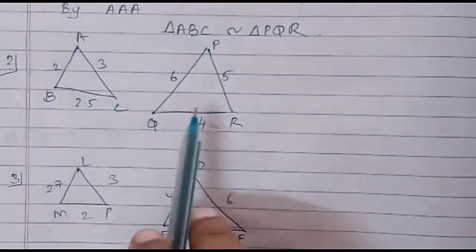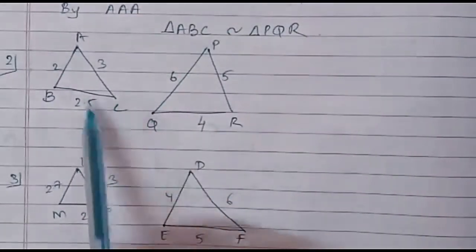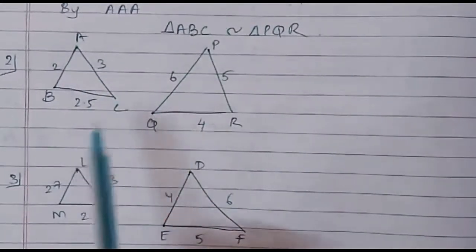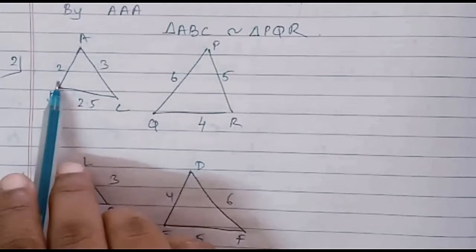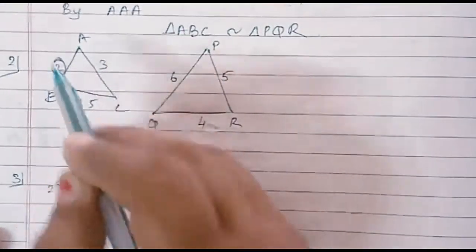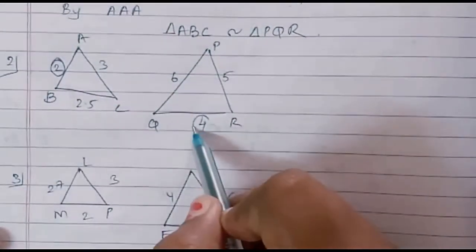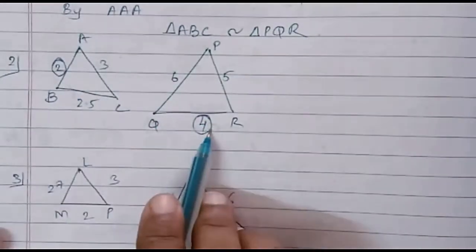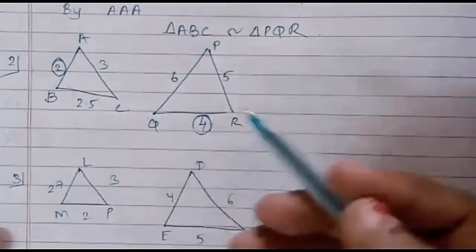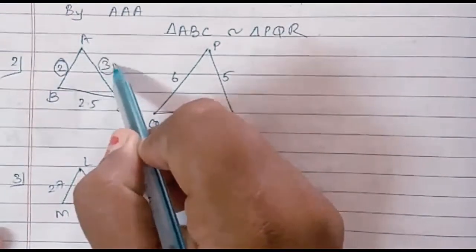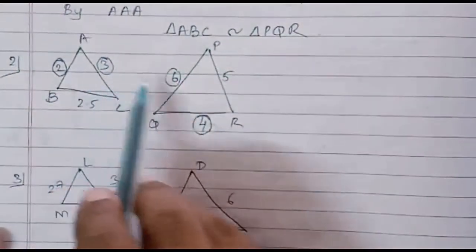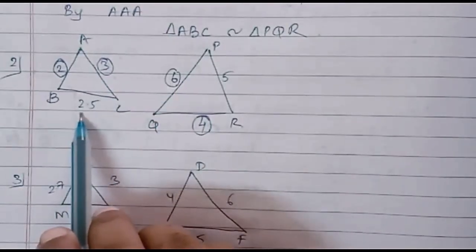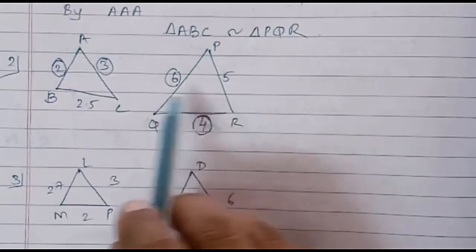We are being given triangle ABC and triangle PQR. Now here in place of angles, the measures of sides are given to you. Let me tell you how to compare it. See which is the smallest size here. Yes, AB, which is having length 2. Let us compare with the smallest side QR of triangle PQR. So 2 is to 4, the ratio will be 1 is to 2. Same way, let us take the biggest side is 3 and here we have 6. So 3 is to 6, again the ratio is 1 is to 2. Same way, the third side which is left out, 2.5 is to 5 is also 1 is to 2.